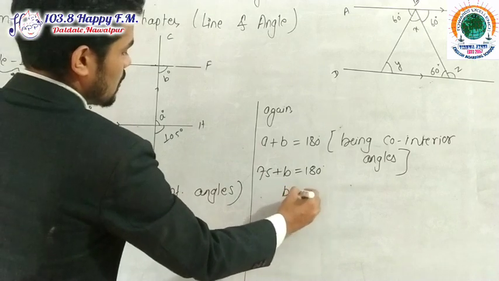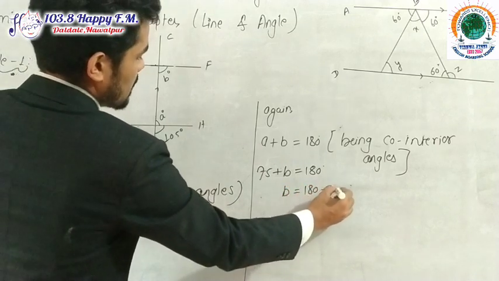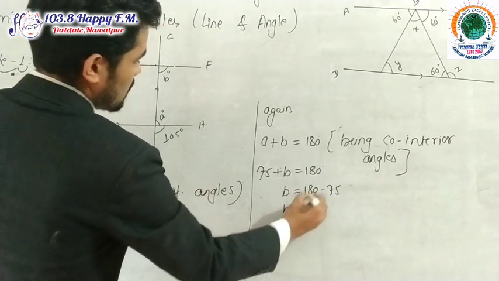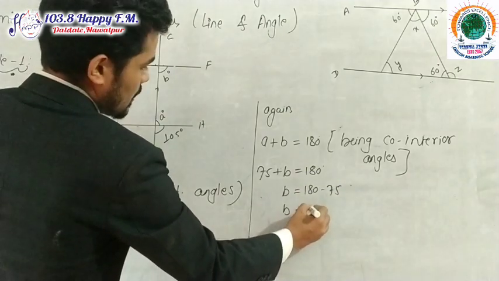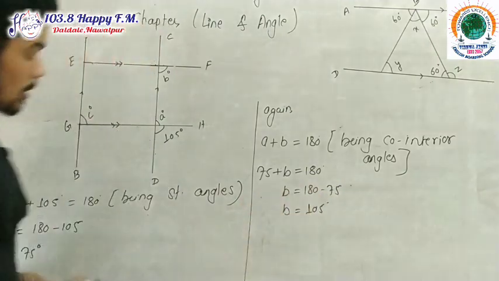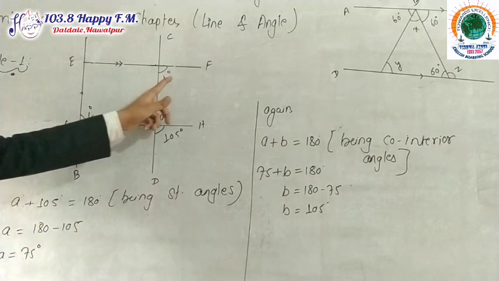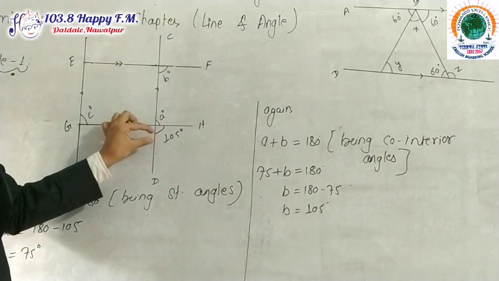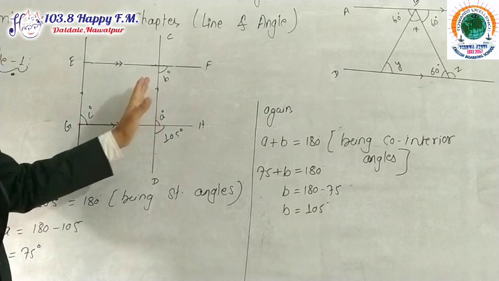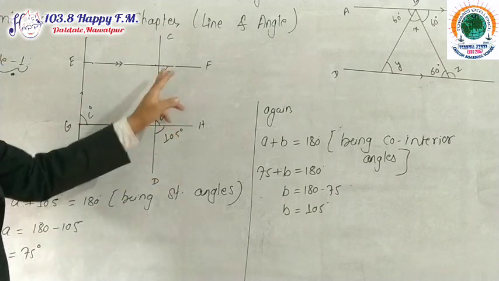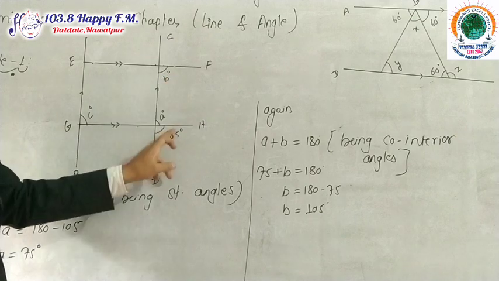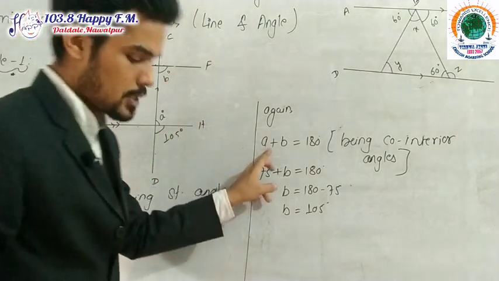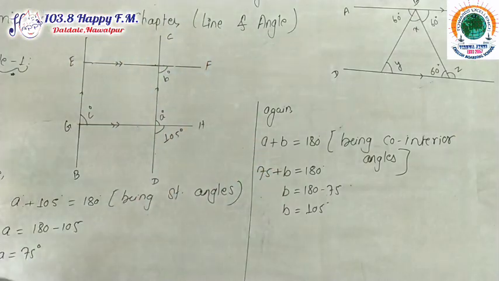So B is equal to 180 minus 75, which is 105 degrees. Or you can simply write B is equal to 105 degrees, because one is an interior angle and the other is an exterior angle on the same side. These are corresponding angles. So directly you can write B is equal to 105, and this process is also okay. Now finally